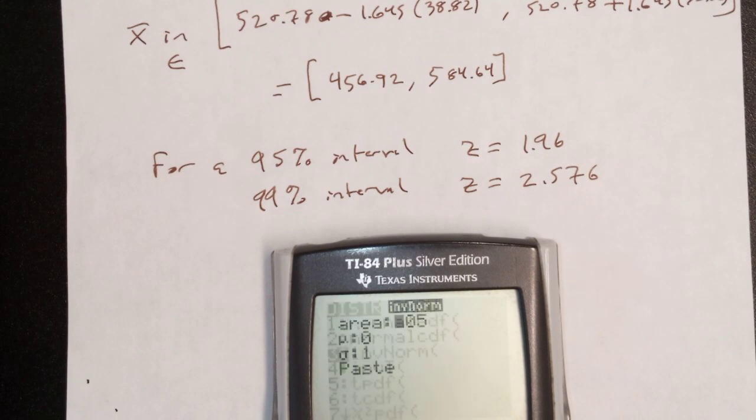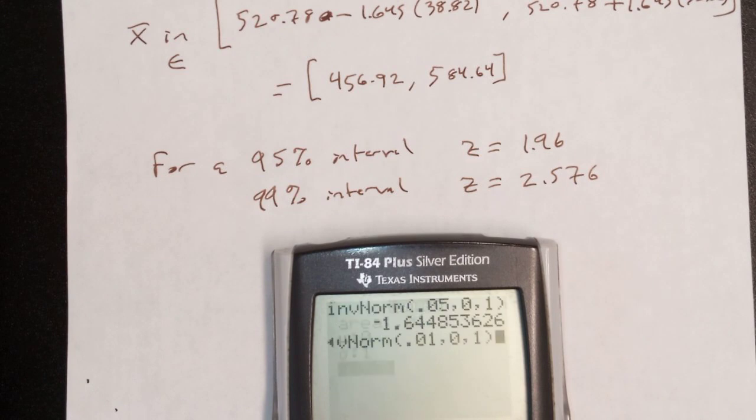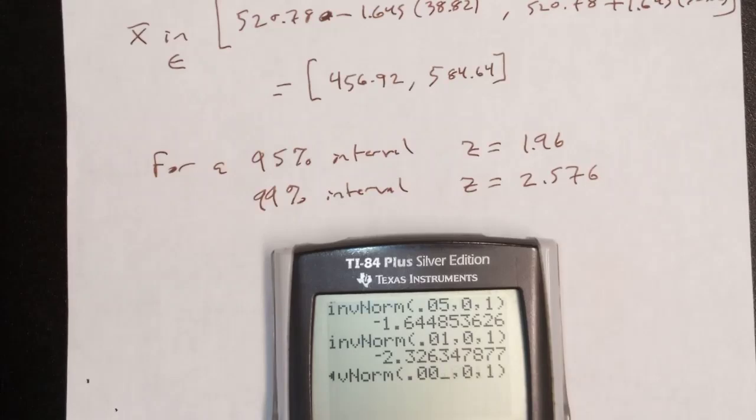And then I can put in what area I want. If I want 5% in the tail, I put 0.5. If I want 1% in the tail, lo and behold, oh wait, we wanted 0.5% in the tail. Let's change that from 0.1 to 0.005. There we go,